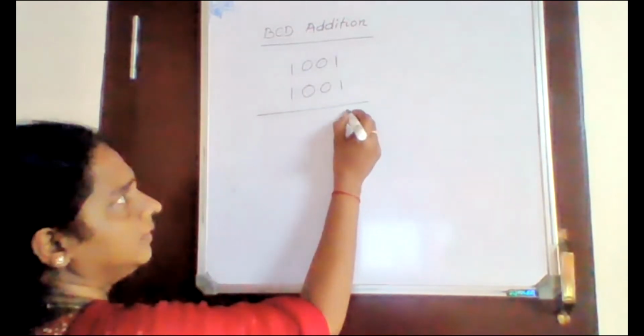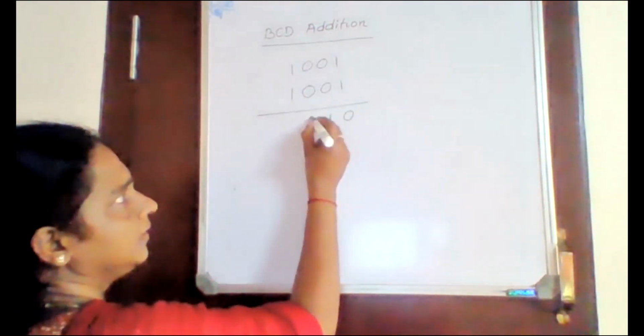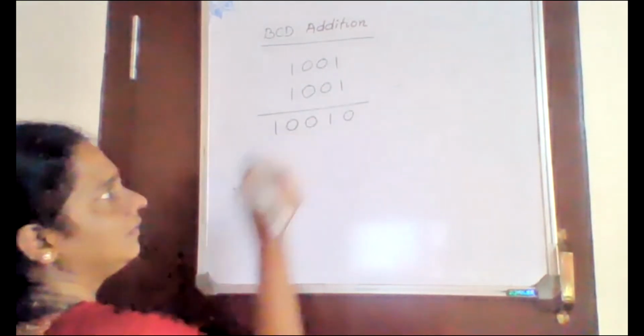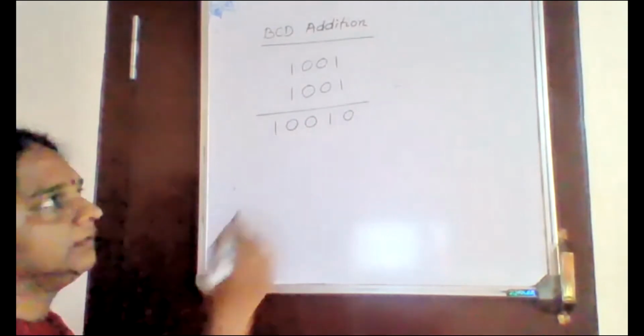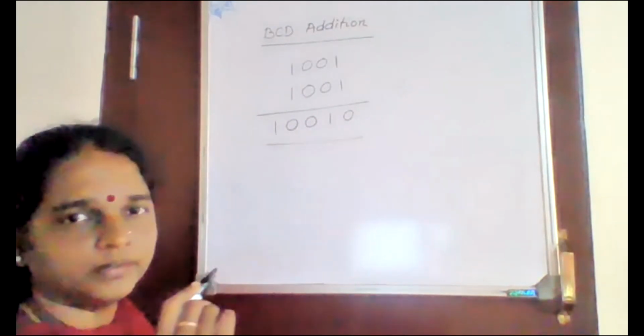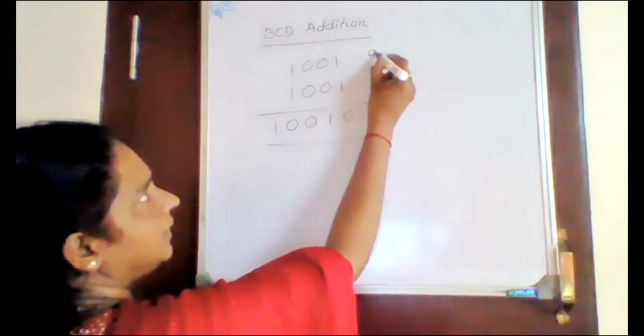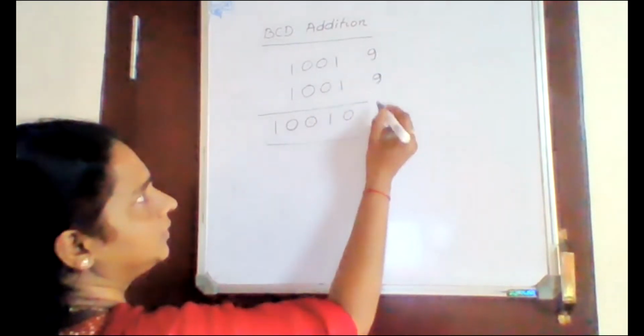1 plus 1 is 0, 1, 0, 0 plus 0. This is 0 and 1. This is also a valid number in BCD. So actually we have added 9 with 9, which is equal to